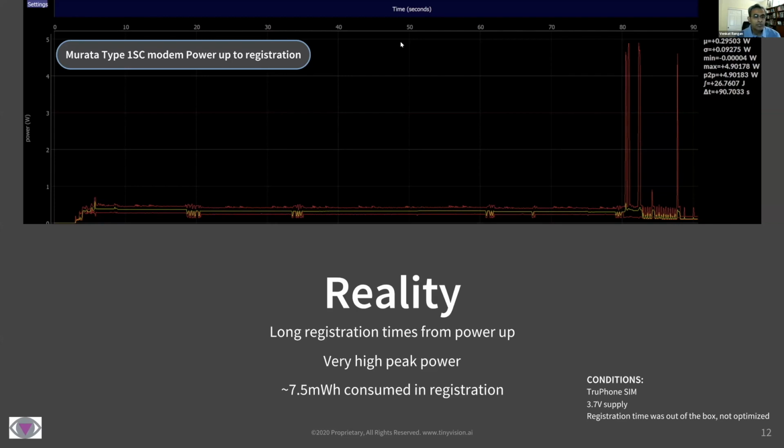The other thing I would point out to you is the y-axis is in watts. And that's a tremendous amount of peak power. It's about 4.5 to 5 watts of peak power. It's for a short time, so don't expect a coin cell to be able to supply this, right? It's not feasible. So you really need to think about it. A lot of energy is consumed just in the registration process. So it may not be feasible to shut down the module completely, wake up, and then send a message, then shut back down, right?